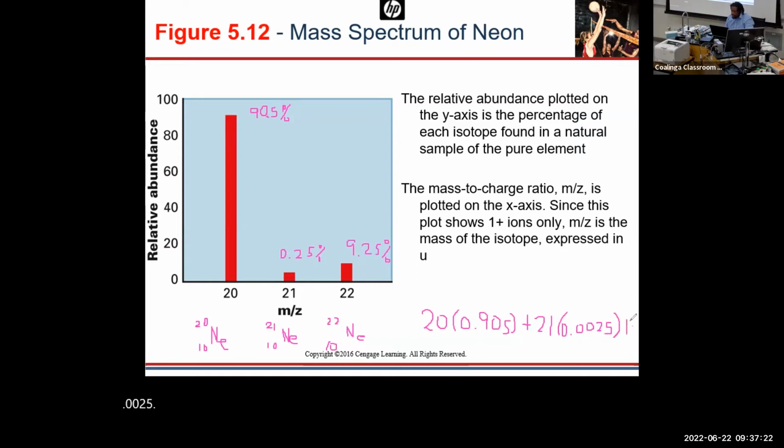And we're going to add that to the 22 times its decimal form. So it's 0.0925. Okay. And that's a 2. So if we do that math,